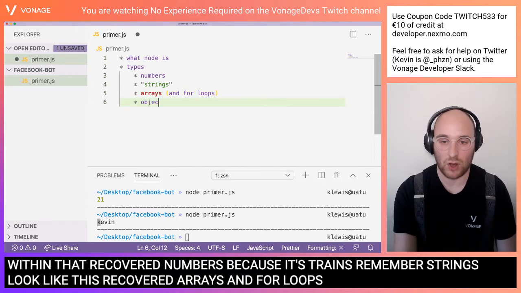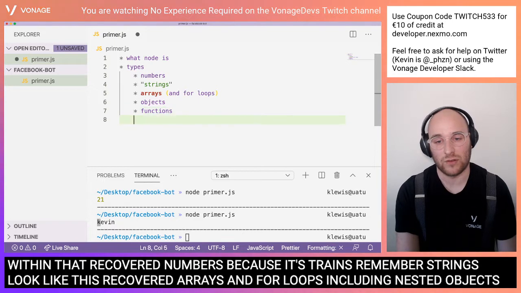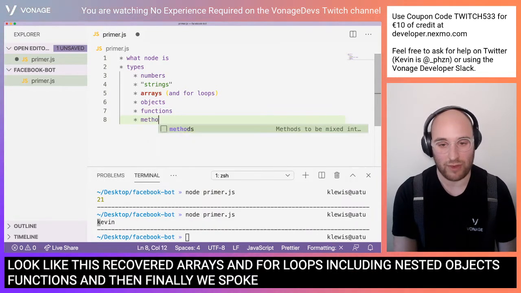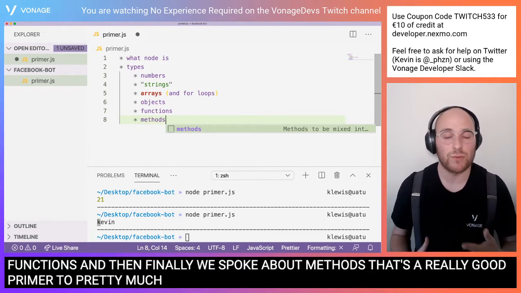We covered objects, including nested objects. We spoke a little bit about functions, and then finally we spoke about methods. I think that's a really good primer to pretty much explain most of what's going to go on in this